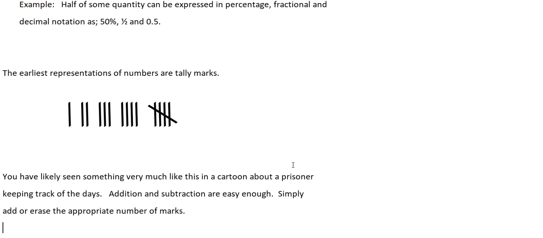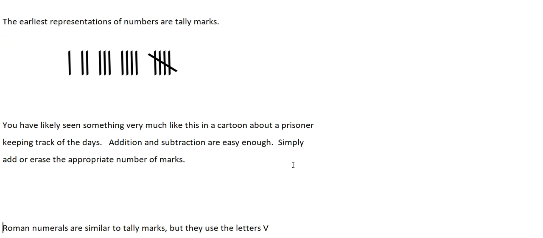So let's talk about the earliest representation of numbers. These are tally marks. They're just little scratches either in a stick or on the wall of a cave or something like that. And it actually works pretty well. If you're a Viking shipbuilder, you have a stick. It's called a memory stick. You know that